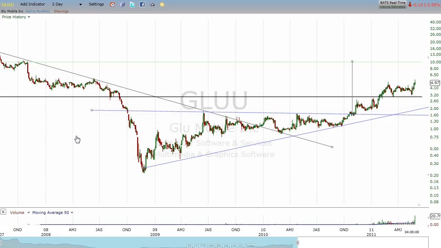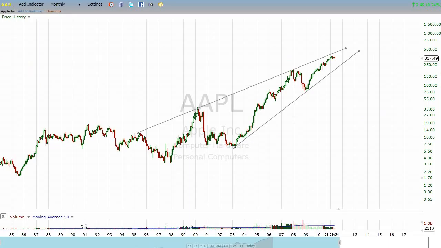Let's tell you what. Let's look at Apple real quick. Okay, here is a logarithmic chart of Apple, and you can see that I've got 2 touches, actually 1, 2, 3 touches on this top line, 2 touches on the bottom line. Apple, to me, frankly, looks like an ascending wedge, and it's going to set itself up for probably a pretty strong correction one of these days. But the fact is, there's still a lot of room in this wedge for it to not lose the interest of investors. So there's Apple as we look at it.